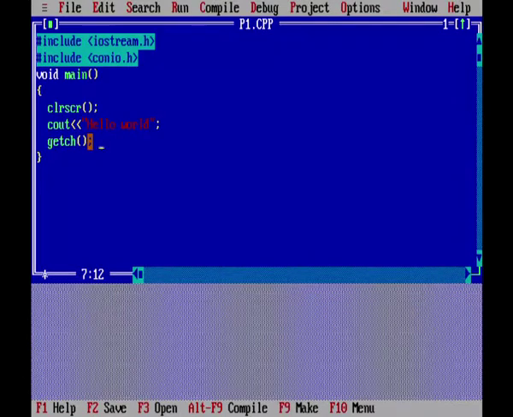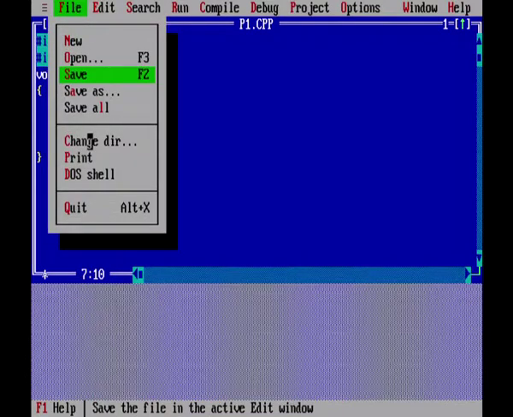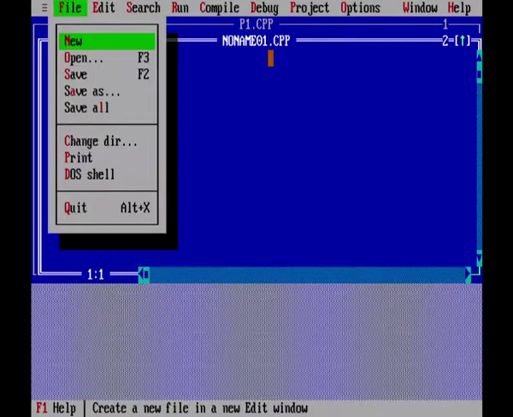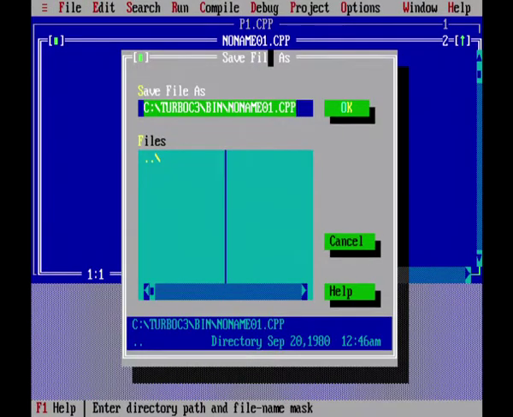Now, let us see another program. Input two numbers and find their sum. So, I will start a new program, Alt F to go to the file menu and then New. So, this is a new program. Now, the new program is with the name noname01.cpp. Now, let me save it